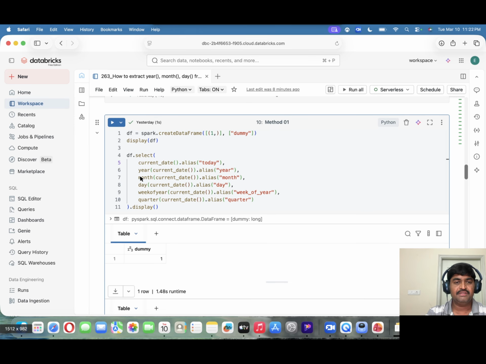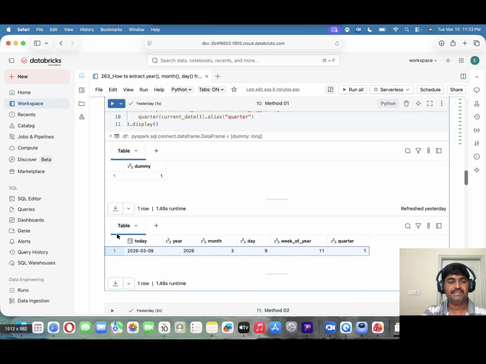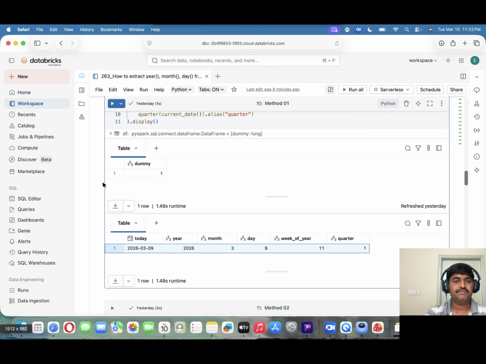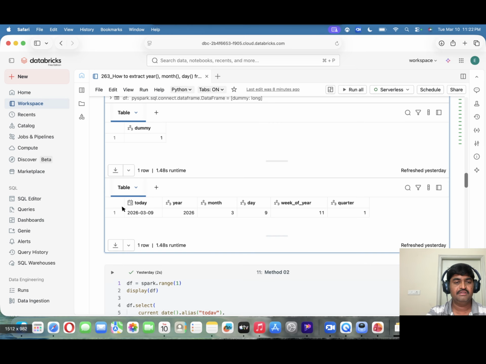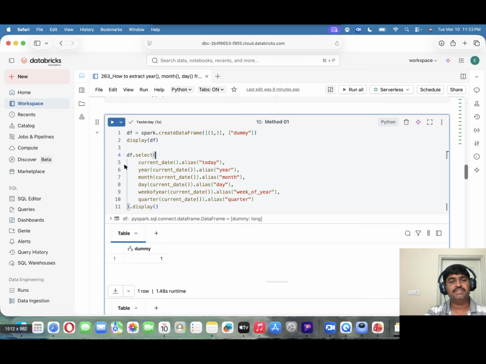Here in this select, I have not given the column name dummy. That's why it's not showing dummy here. If you want the dummy column also, then in the select statement you add dummy also. So you will get the dummy column also here. So this is one method, spark.createDataFrame, writing a tuple. And one more method is